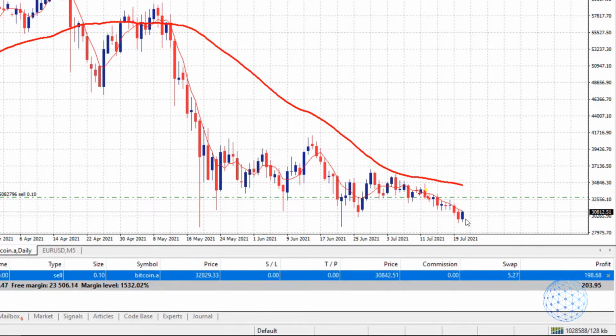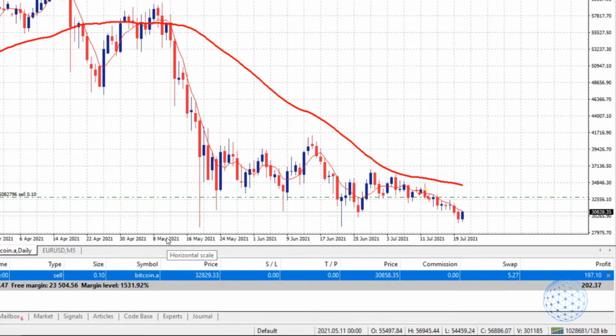The only scenario this position might close on a loss is if the price goes above the opening and tomorrow opens above 32,829. And in this case the position will be closed on a loss, okay? But we need to see a really positive day in order for this to happen, but we will see how it will go. Now, while I'm waiting for some more results from this robot, what I want to show you